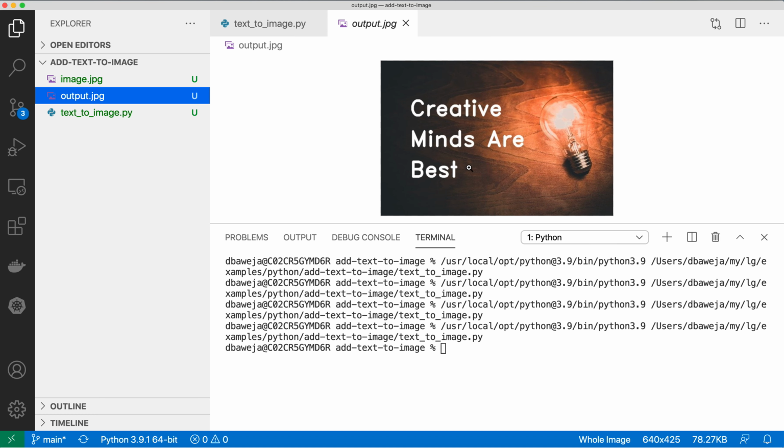In this way you can add any text to your image. You can apply text wrapping, and you can decide on which part of the image you want to write the text, how you want to wrap it, what the coordinates should be, what the font size and font weight should be, everything you can decide. It's a very customizable package, CV2 and textwrap, and this is how you can add text to your images.